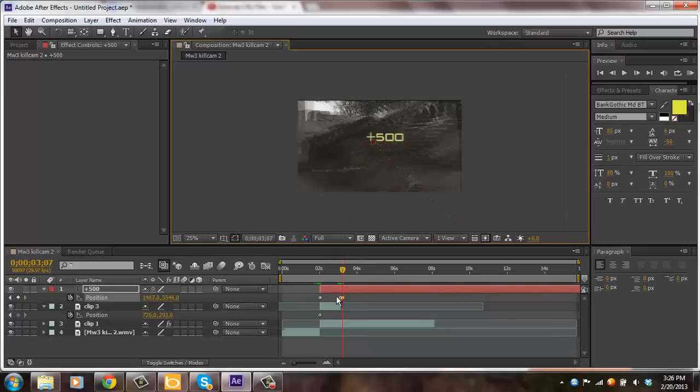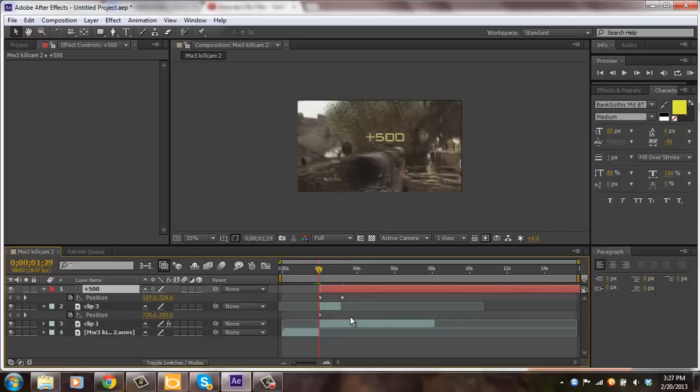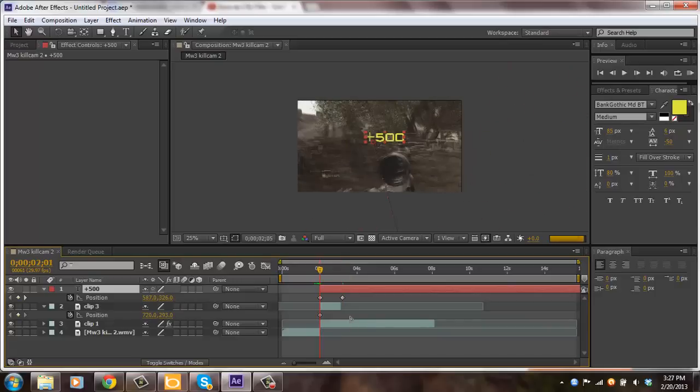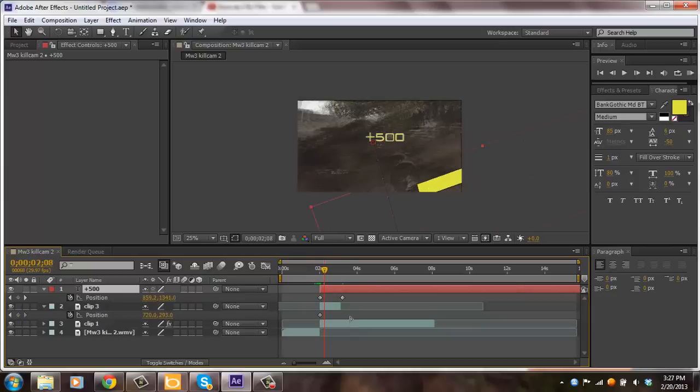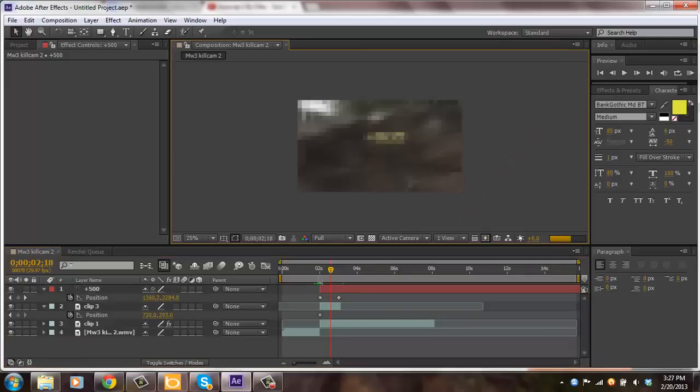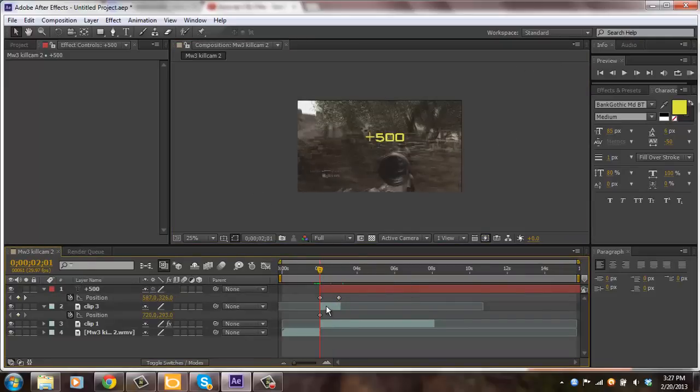That keyframe shouldn't be there. Delete that keyframe right there. So again, if we watch this, you can see that it goes out. Don't worry, we'll fix this too, so that way it looks a little bit cleaner and you can see more of the 500. So just to start off, we are going to keyframe our rotation, go over to here where